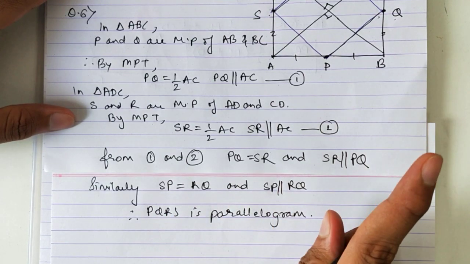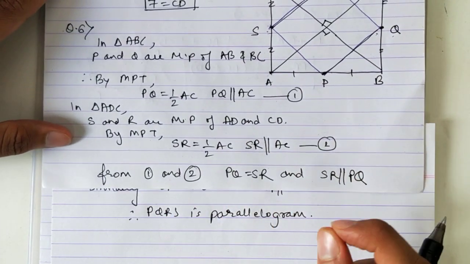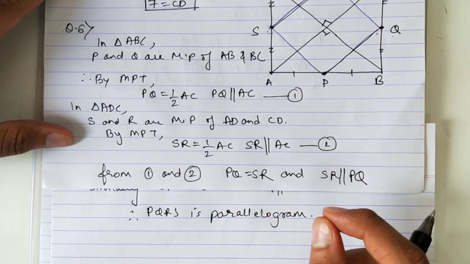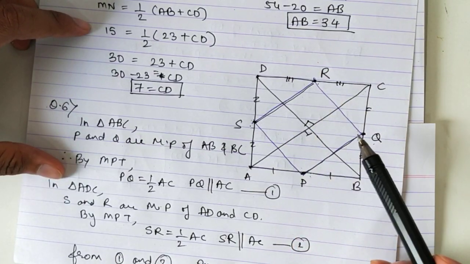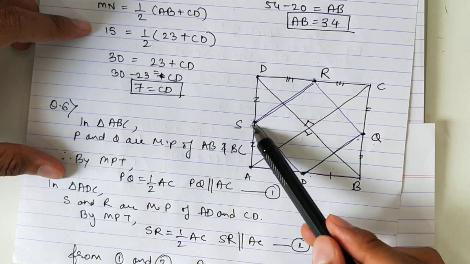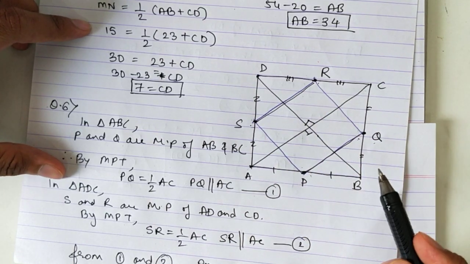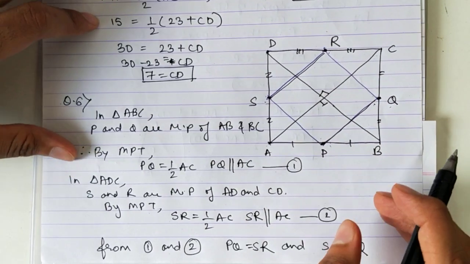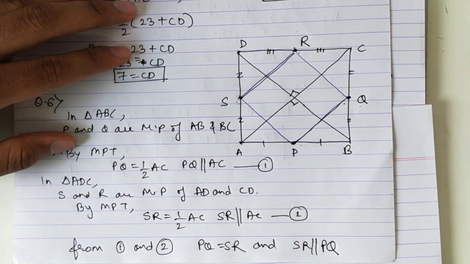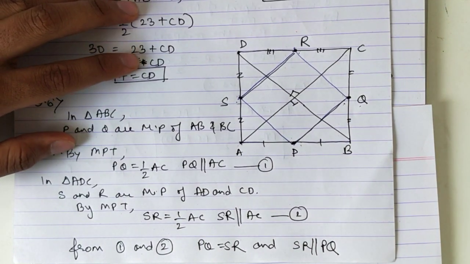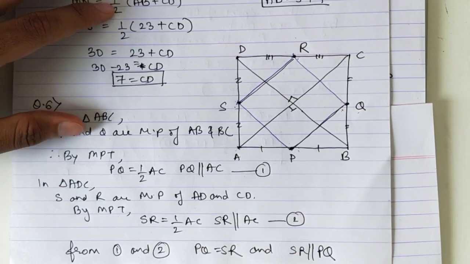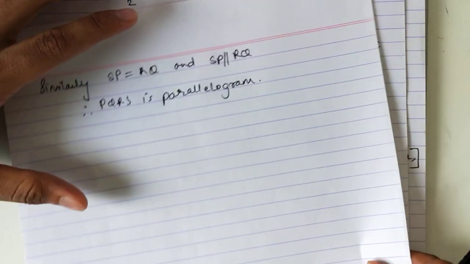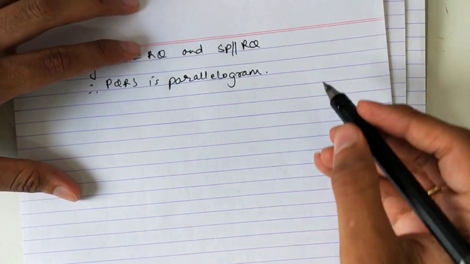PQRS is a rectangle. Okay, so there is only one difference between a rectangle and a parallelogram. In a rectangle, all angles are 90 degrees. Okay, so if I prove any one angle as 90 degrees, my job is done. Okay, so let's see how to prove this. See, for that you must know what are corresponding angles. I'll tell you what are corresponding angles.